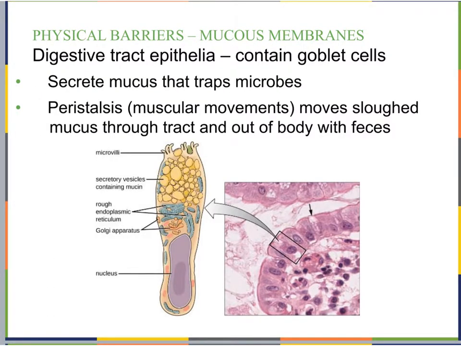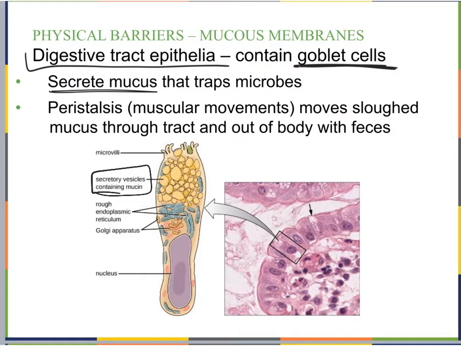So another mucous membrane is our digestive tract. So we're going to take a look at that. In our digestive tract, we have what are called goblet cells. Our goblet cells are cells that are going to secrete the mucus. And in the digestive tract, it works similarly to where we have this goblet cell that is producing mucus here. So you can see our secretory vesicles that contain mucin or mucus. It's going to move to the superficial portion of the cell here,